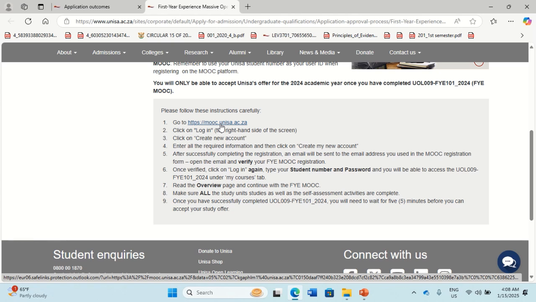I don't know why there are two portals. I even thought that they should cancel that one. Maybe they're using it for those who are doing technology, science, and engineering. I normally see things like those appearing there. So yeah, it has to be